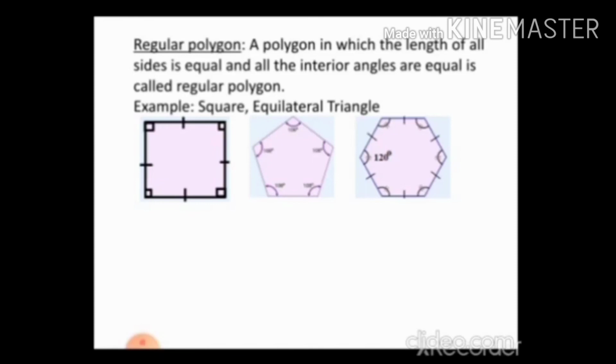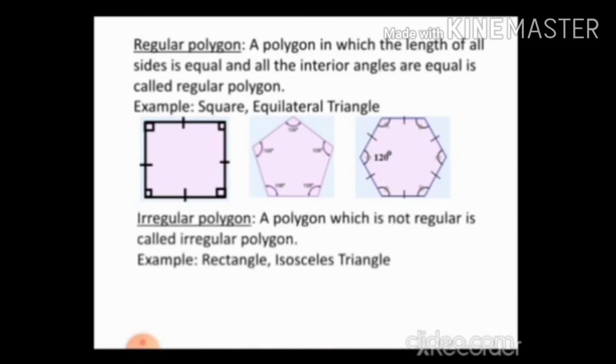Then comes the next, irregular polygon. A polygon which is not regular is called an irregular polygon. The examples are rectangle and